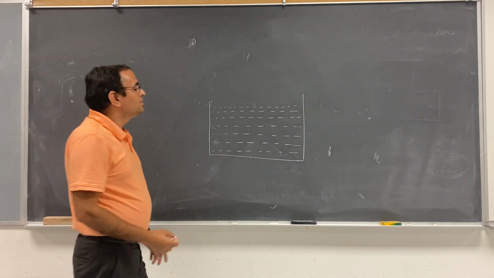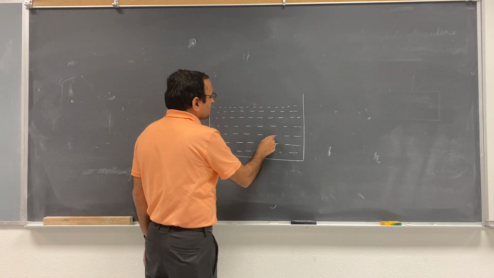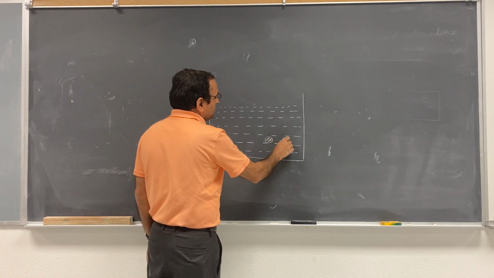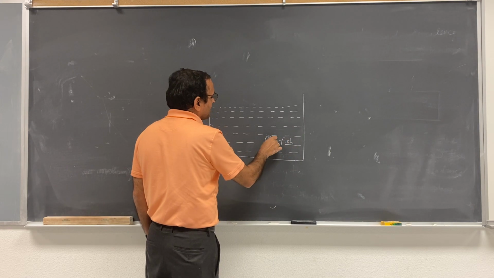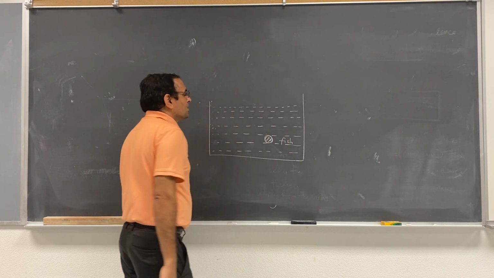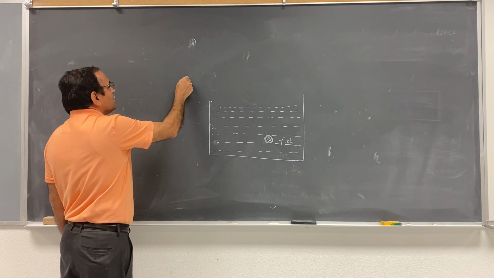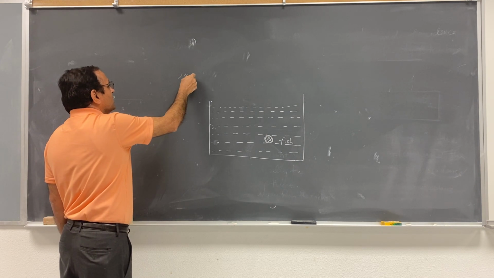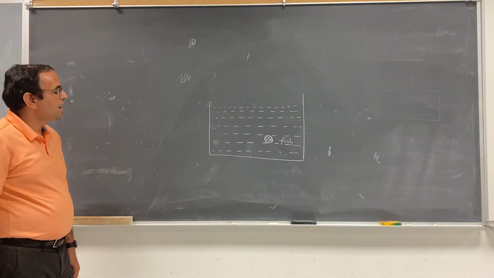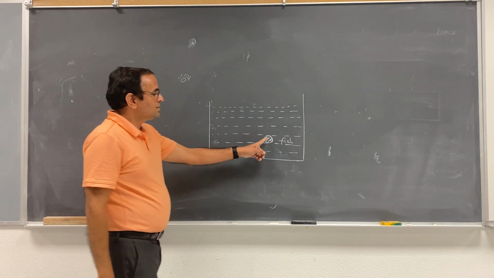Let us consider the fish is right here. This is considered the fish. Okay, this is fish. Fish is right there. And you are standing somewhere here. You have your eye somewhere there. So what happens is, if the ray is coming from here,